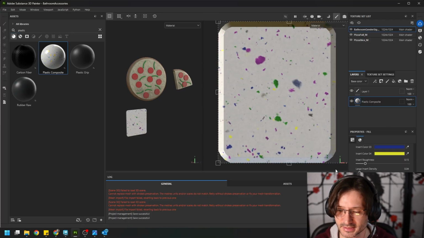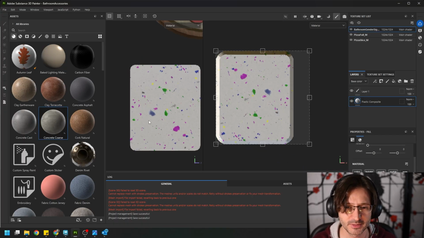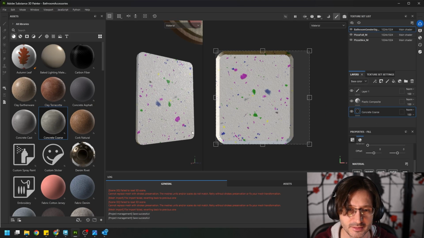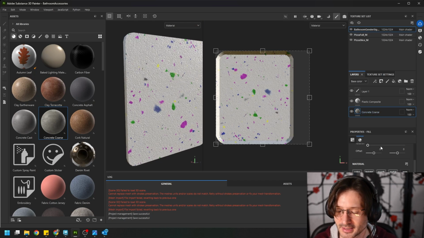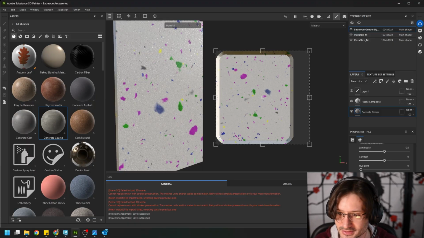Oh, there's a blurriness factor to that. I didn't know that. Whoa, that's cool. That's not what I want. But that added some pattern to this that I kind of like. Let's go back here. It's a bit much. If we go under the technical parameters and really tone down that height range,